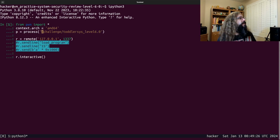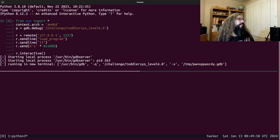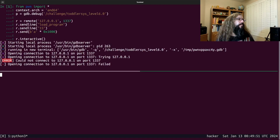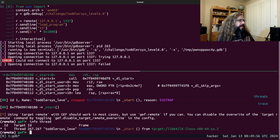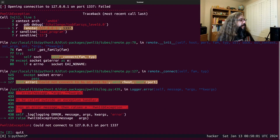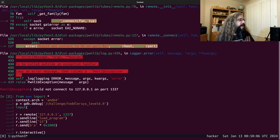Okay, we have this. I'm going to do GDB debug. I guess I don't need the block right there because the child process is going to be hanging on interactive. Oh, but I need... Okay, now I'm a liar. I need... Before I connect...